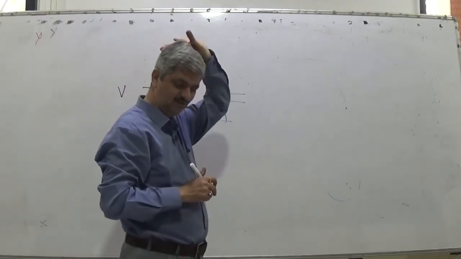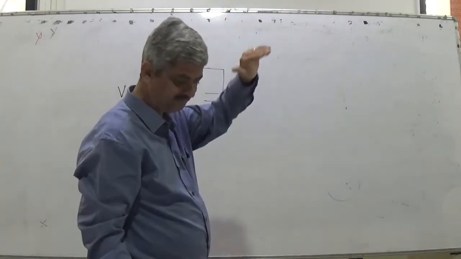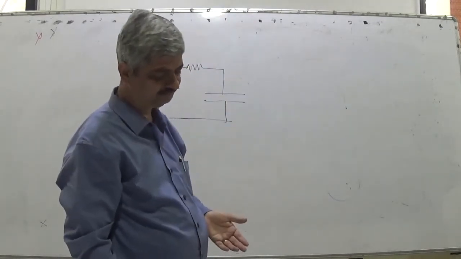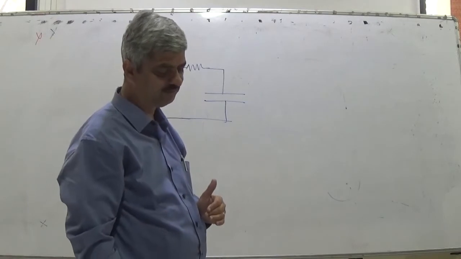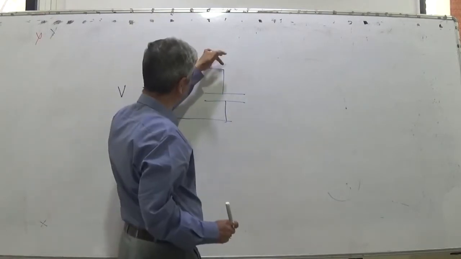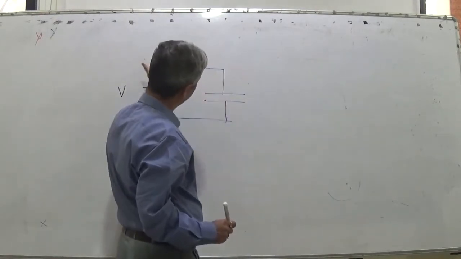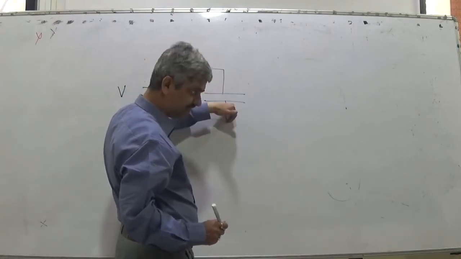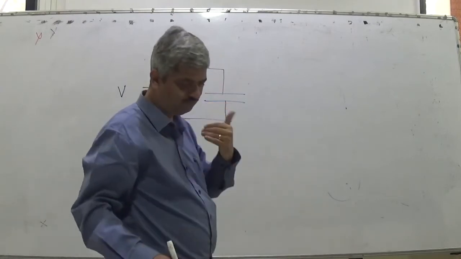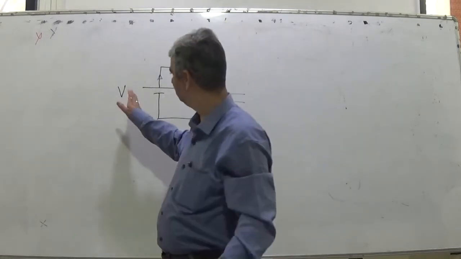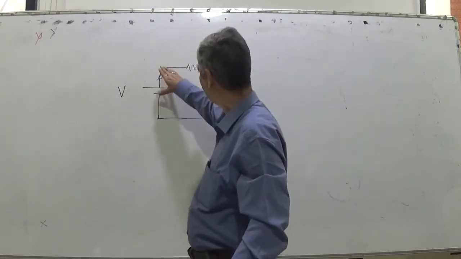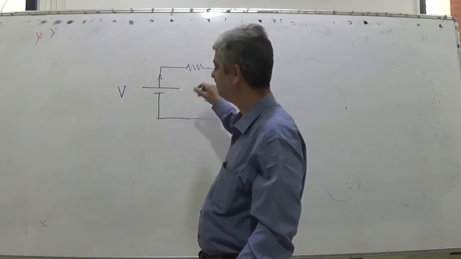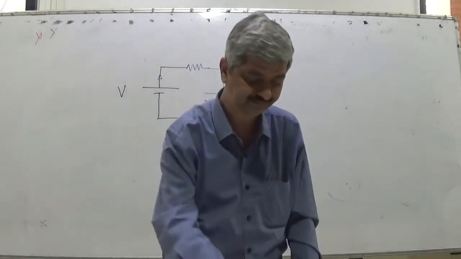I think we go back to first week lectures. And when capacitor charges, what will be the direction of current? Direction of voltage, this is positive, this is negative. Current will flow in the same direction. So the battery will supply power and power will be consumed by this. Only difference is that